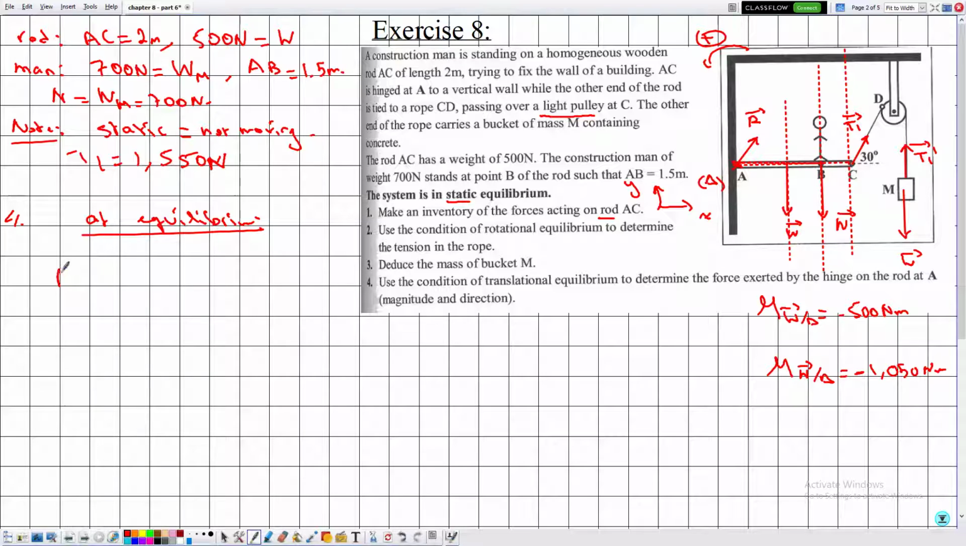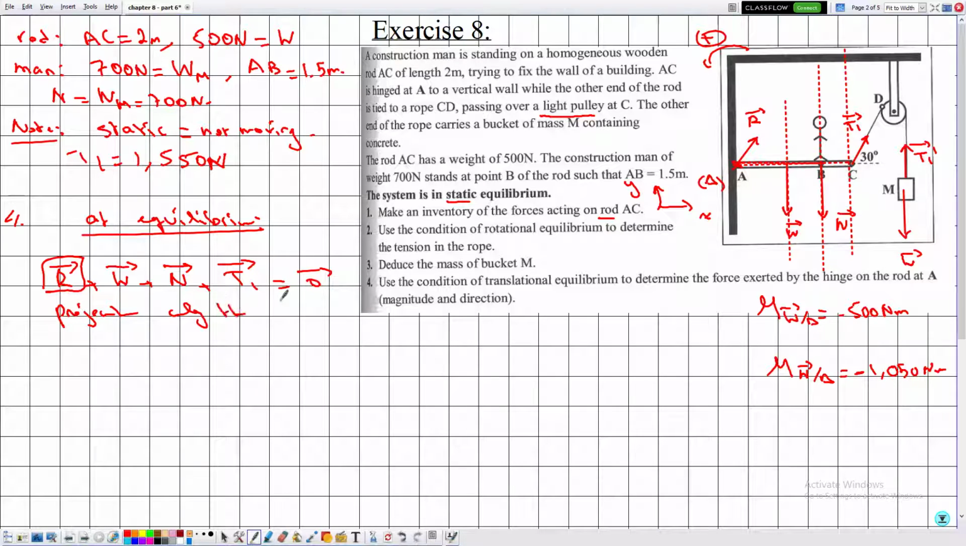Therefore we have the reaction R plus the weight plus the normal reaction plus the tension T1, which is equal to 0 vector. And this is a vectorial equation. We need to project it twice, one along the x-axis, one along the y-axis, putting in mind that we are interested in determining R. So projection